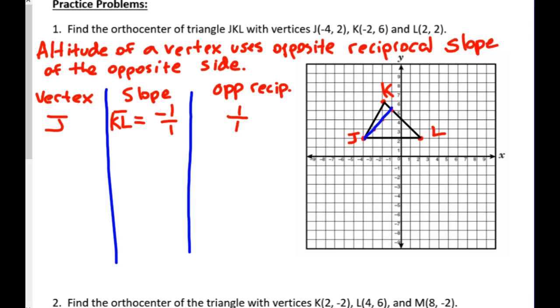So next one we're going to do is K. Okay? All right, now, slope of the opposite side. What is across from KL? JL. Let's write that down. And what is the slope of JL? You won't find it on your phone right now. That's for sure. So if you're trying to find it on your phone,